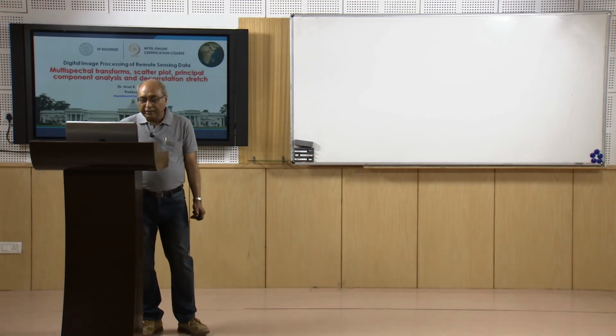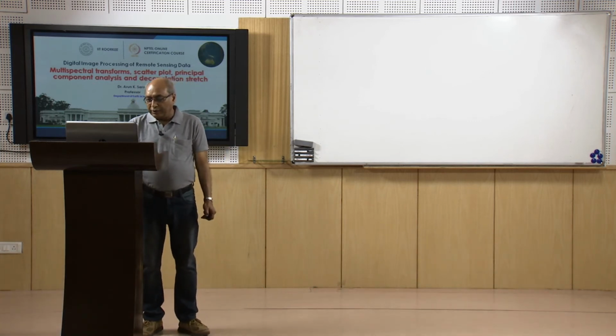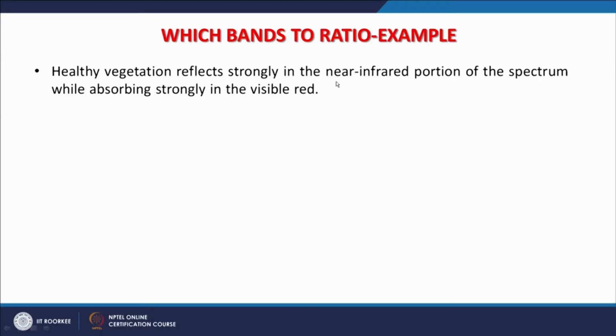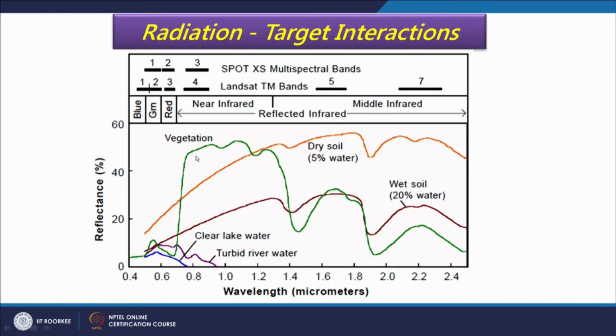For example, which bands to ratio. This is what I was mentioning in the previous figure: healthy vegetation reflects strongly in near infrared because of high chlorophyll content, while absorbing strongly in the visible red. As you can see here, healthy vegetation will have a high reflectance in near infrared, in case of Landsat